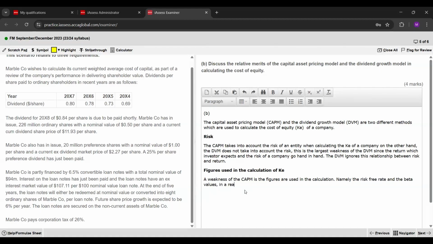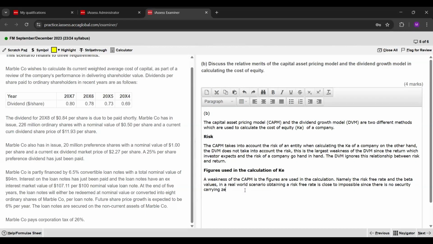In a real-world scenario, obtaining a risk-free rate is close to impossible since there is no security